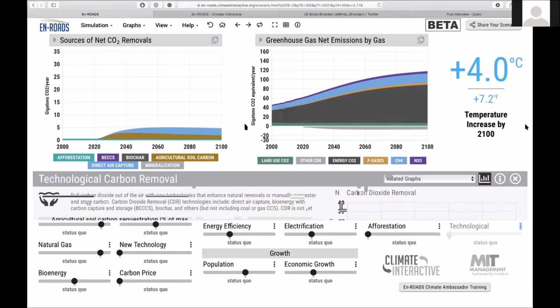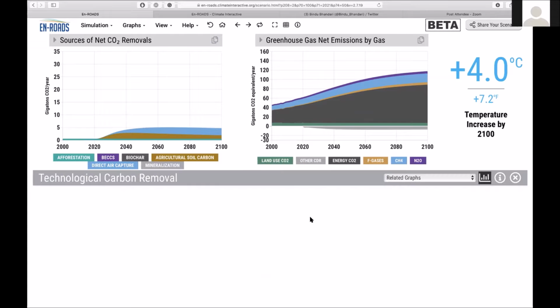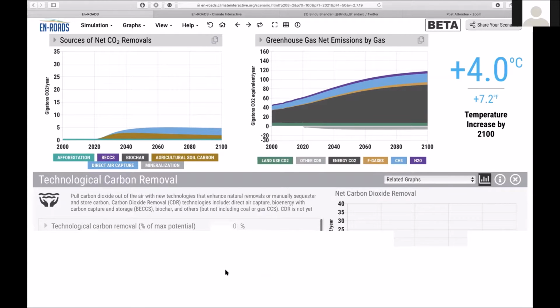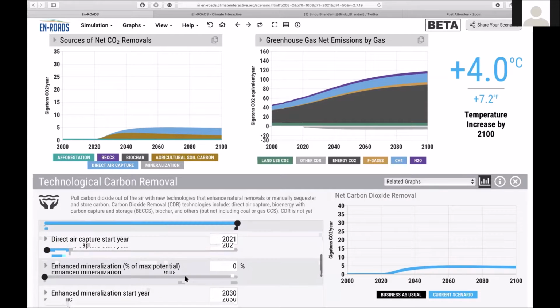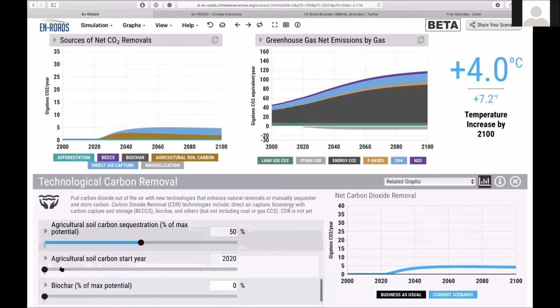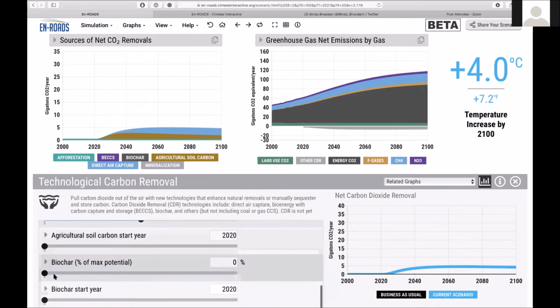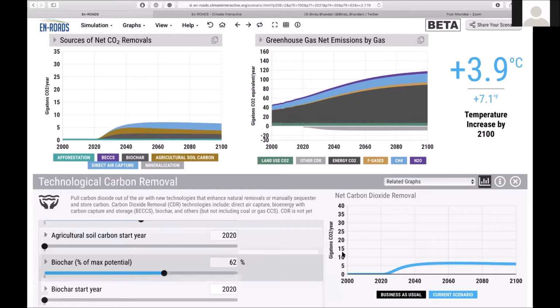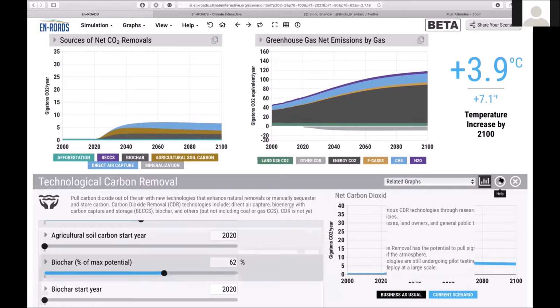Yeah, very true. So as I said, given the time limit, I'm just keeping it to a few of these CDR options and showing you this as a demo. You can, of course, explore this simulator by yourself. But the key point here, as we move these sliders, it is easy to move them, but the point that needs to be considered is the equity consideration, especially when you talk about carbon dioxide removal.